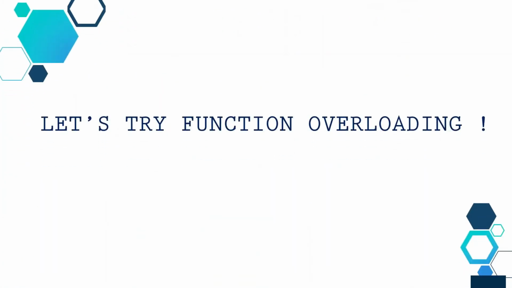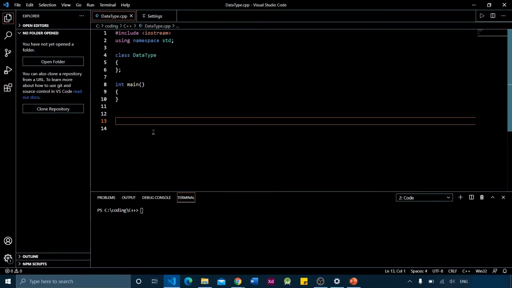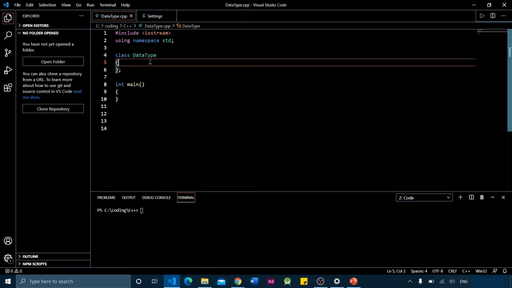Now let us try function overloading. I have created a class here named dataType. Now let us try to define some functions.